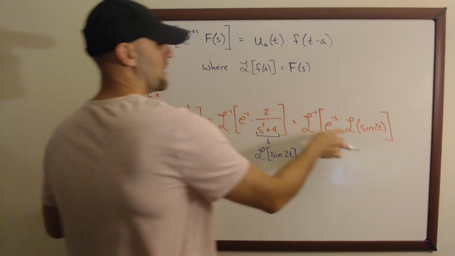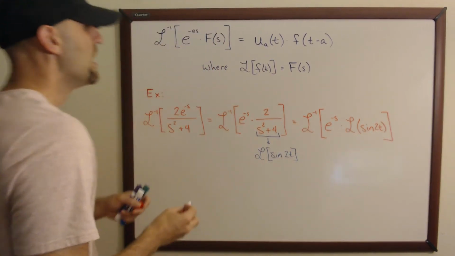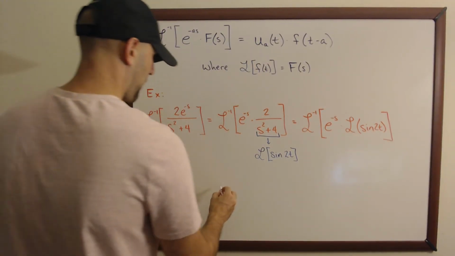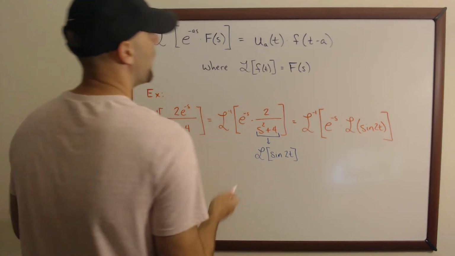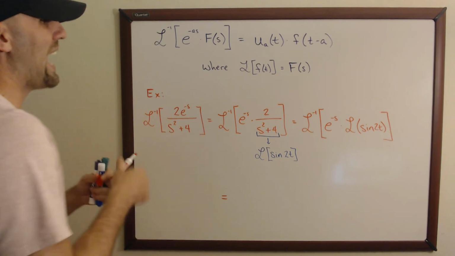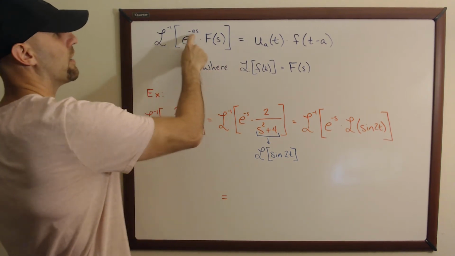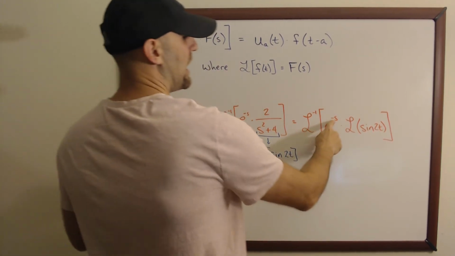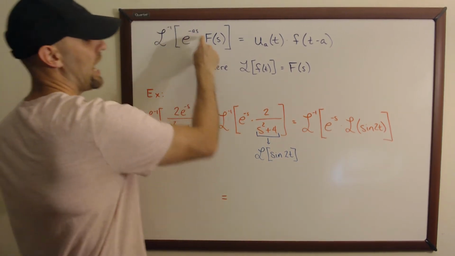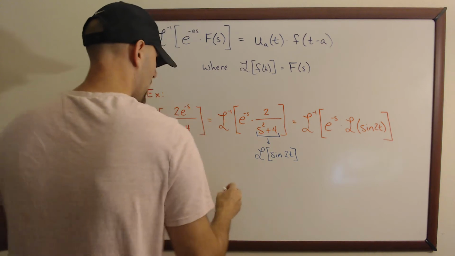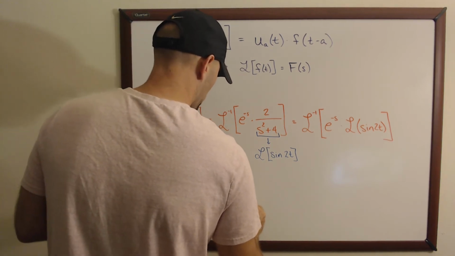F of s is the Laplace transform of this. So it tells me that this should be equal to u sub a of t. Well, what's a? To get a, we look at e to the negative as. Here, a is 1. So negative as is negative 1s, and a is 1. So this is u sub 1 of t